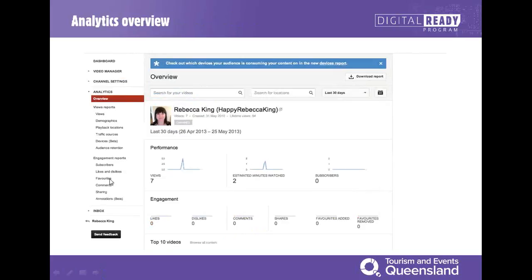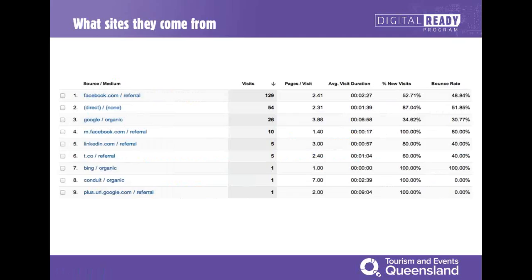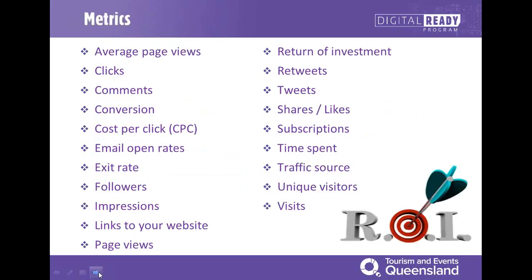Then, of course, this is from your Google Analytics, so you can also track it from here. This is all available to you. These are all free. You can see your spikes, you can see who's viewing, where they're coming from, your traffic sources, all that sort of thing will come through for you. So please, please, please make sure all of this is set up for your website and all your social media channels. It'll show you where they're coming from, what sources, and where all your traffic is.